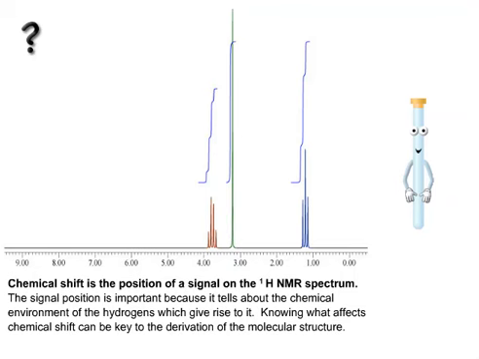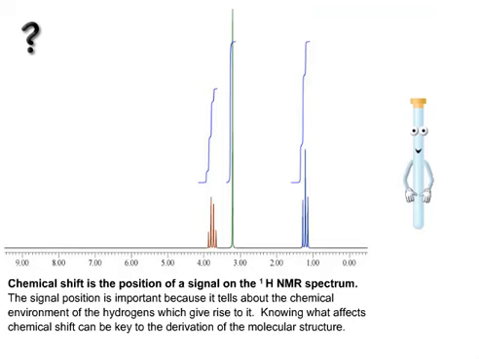shift. So there are correlation tables, just like there are for IR, where you can look up the chemical shift and see what you would expect to find at around 1 or at 3.2 or so, or 3.7 or at 3.8. And so you can look that up in tables to help you figure out what the structure of